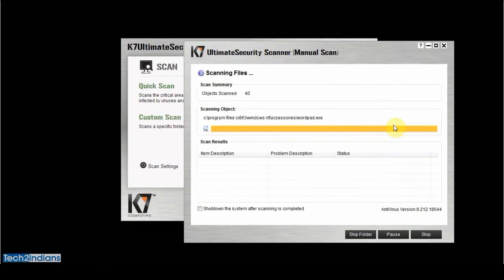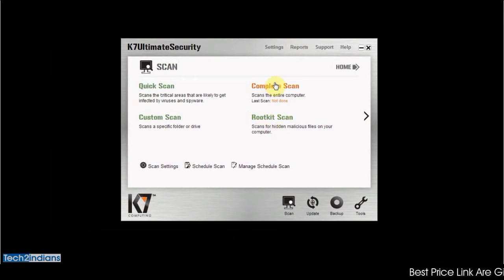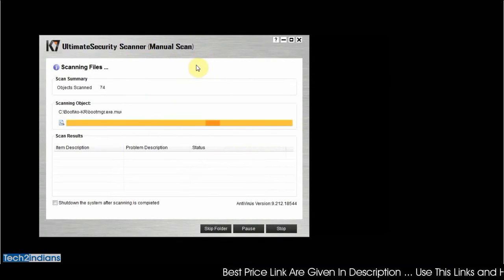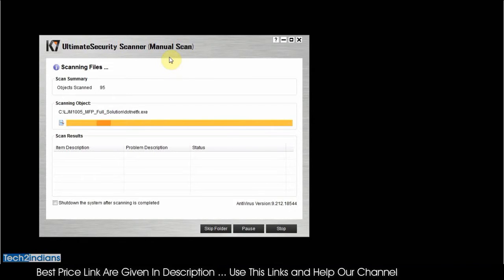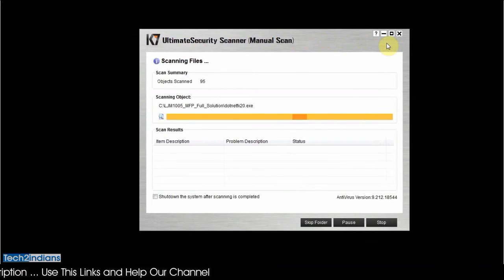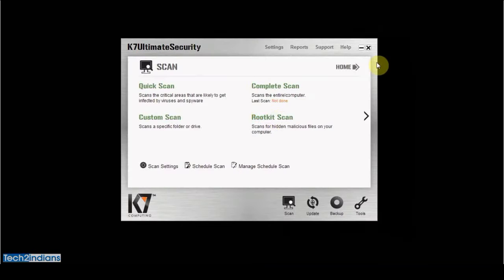If you enter quick scan, you get this type of UI, and it will automatically scan your general files. And if you want to scan completely, then click on this and your PC will be scanned automatically. It will require more time as compared to quick scan, because it will scan your whole computer and processes. So now I stop this and show you the other options of this antivirus.